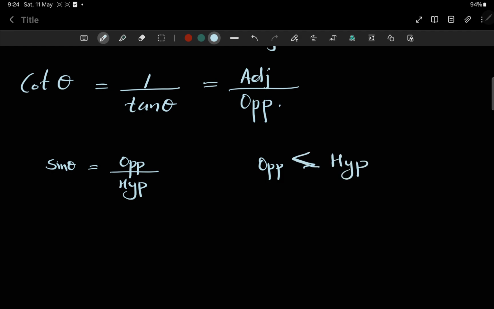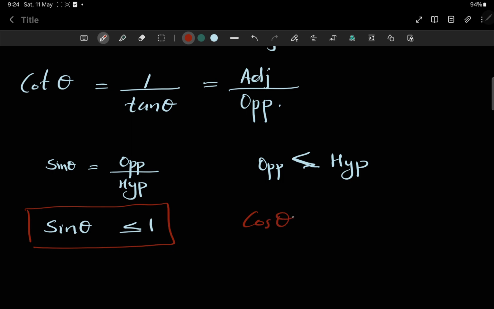In a right triangle, the hypotenuse is the largest side, so the opposite side will be less than the hypotenuse. So sin theta will be less than or equal to 1. This is the important thing you need to remember. And similarly cos theta will also be less than